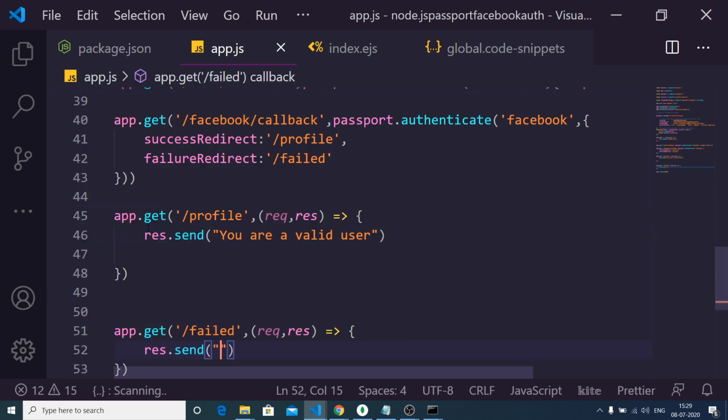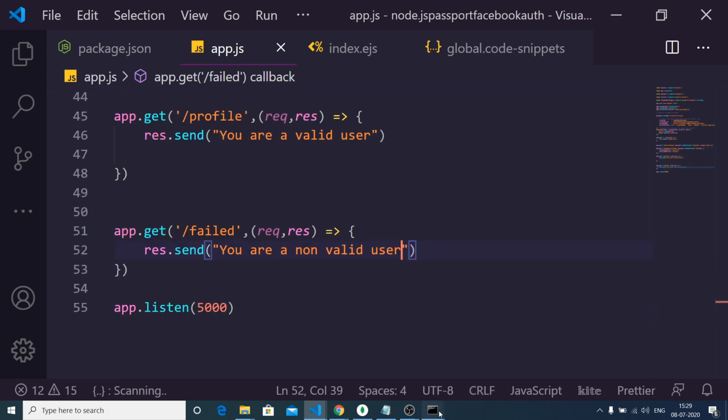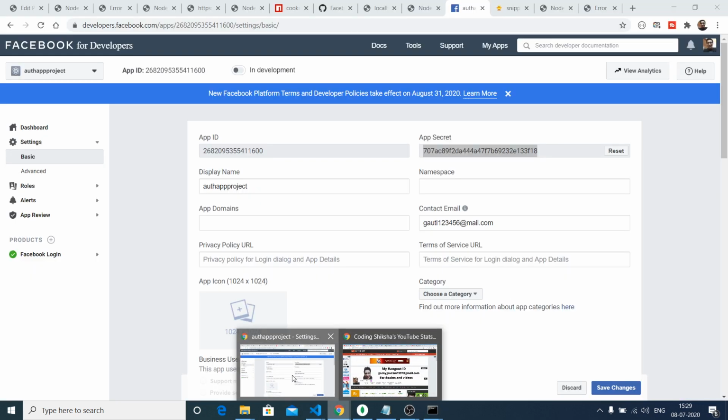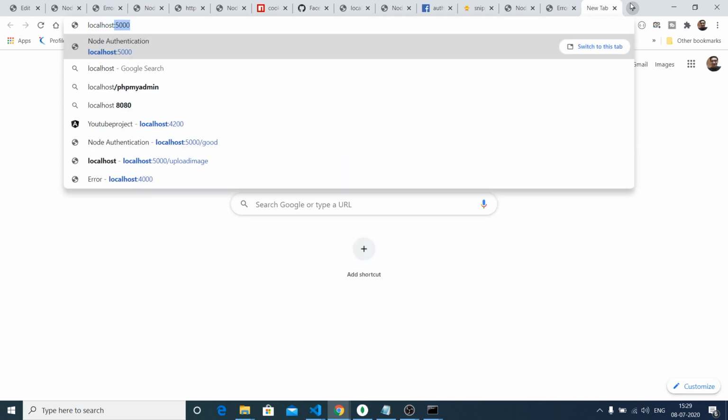You are a non-valid user. So now I can restart the application and see the changes. So if I go to localhost 5000,